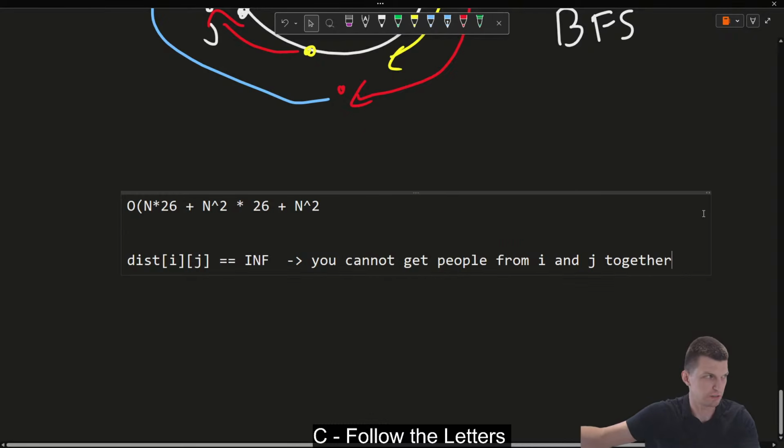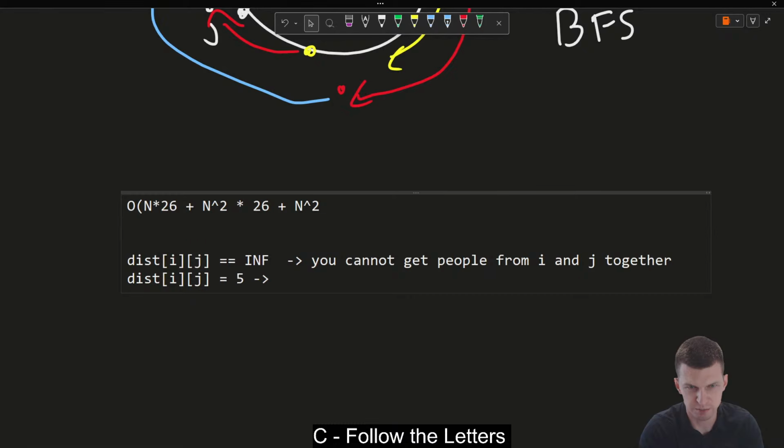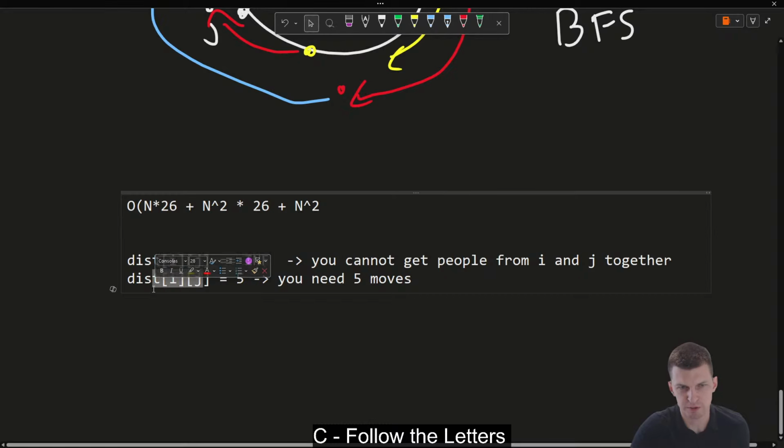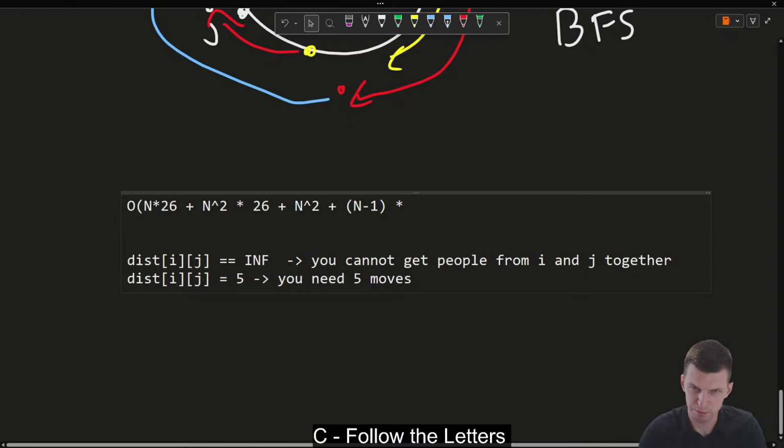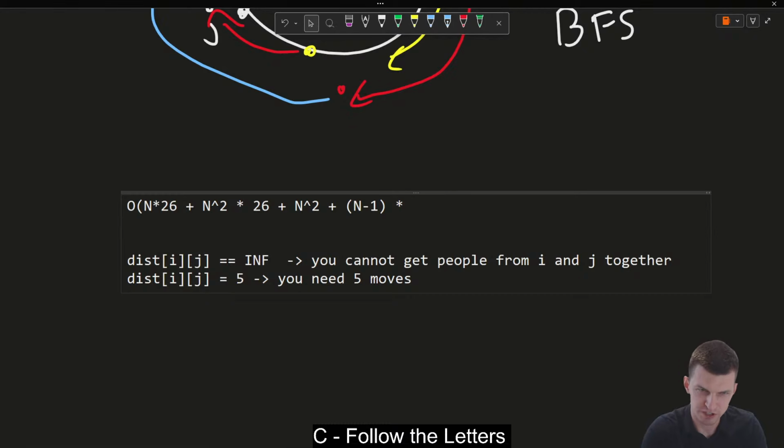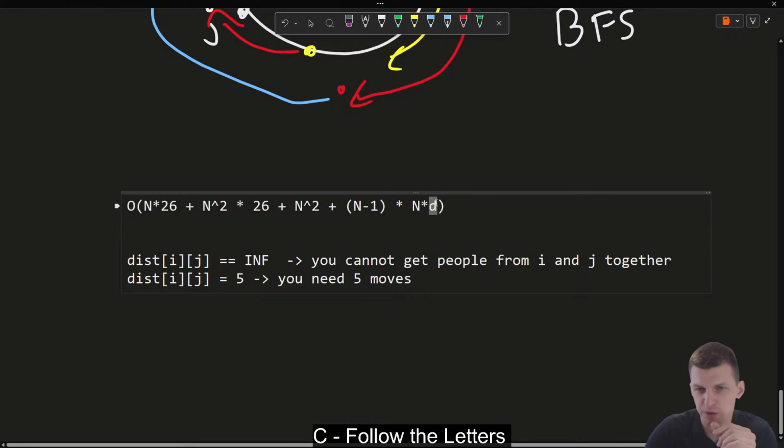Otherwise, if distance of ij is equal to 5, this means you need 5 moves, and you get those 5 moves to get people from those two positions to be on the same position. So most of the times this will happen, but at most n-1 times, you will actually manage to merge two people. And for each such time, you need to iterate each of n people, and you want to here iterate something. For each of them, you